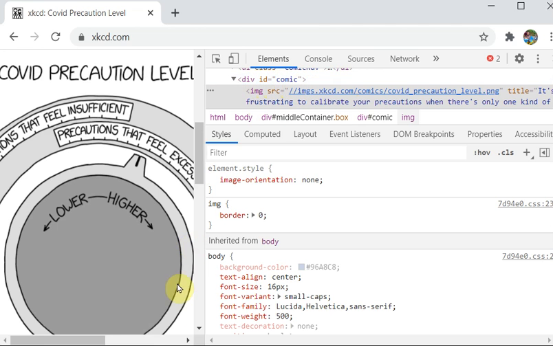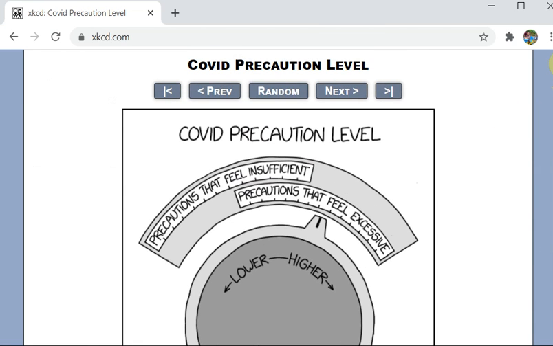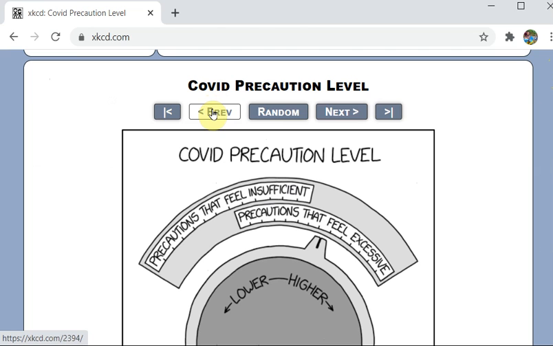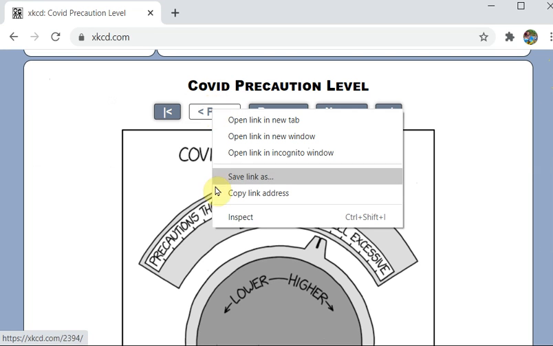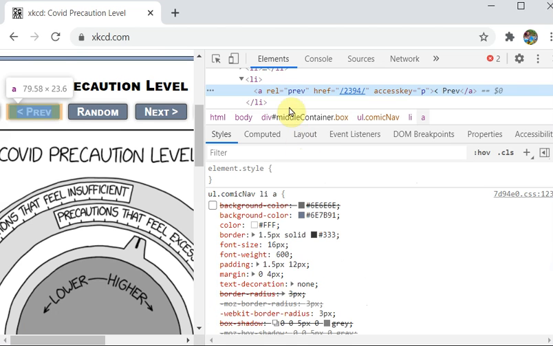Similarly, you can also check the previous button here. Right click on the previous button and go to inspect. You can see the previous button has a link which points to the previous post.